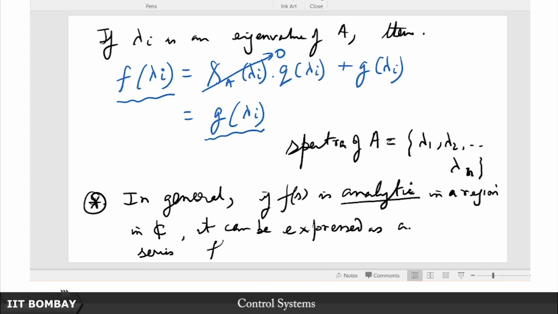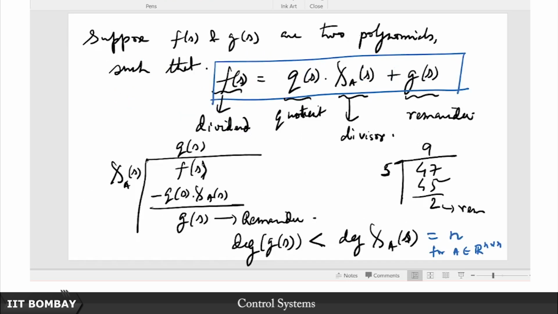As a series, f of s is equal to summation i equals 0 to infinity alpha i s to the power i. Now of course this is an infinite series, but it can still be divided by any polynomial, because it has the character of a polynomial. It is an infinite series, but element wise, if I truncate it at a certain point, it is still a finite degree polynomial. So that's the deal here. So how does that help me here? Now putting these two pieces of the puzzle together,